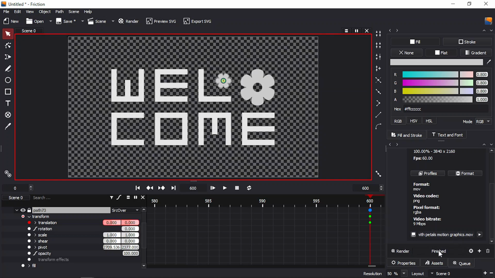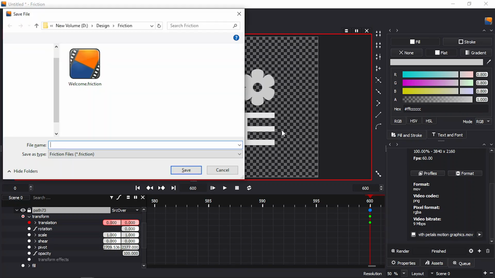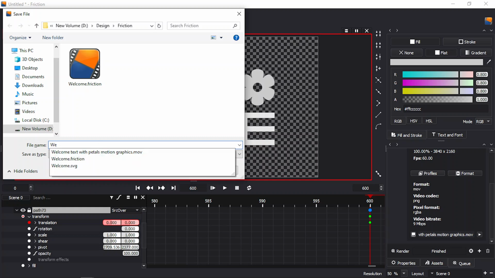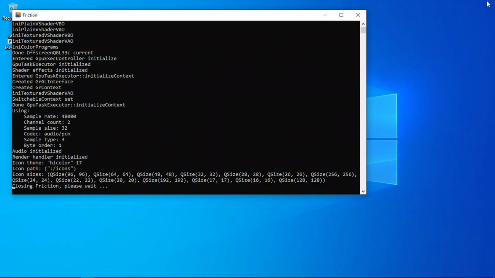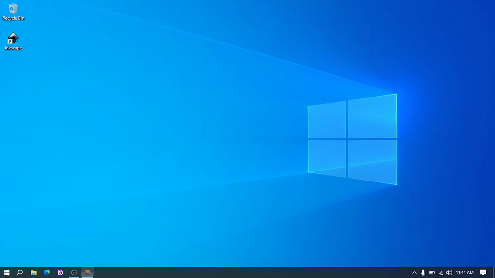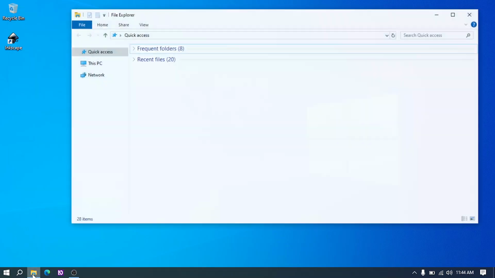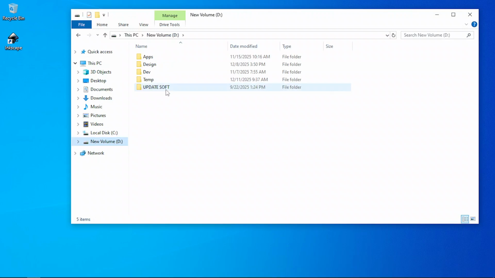All right, so we are finished here. We can save this for now by pressing Ctrl S, and we had one from before, but let's go welcome to. So this is saved and we can get rid of this. Now let's get rid of these things. All right, so it will go away in a couple of seconds. So to see that,